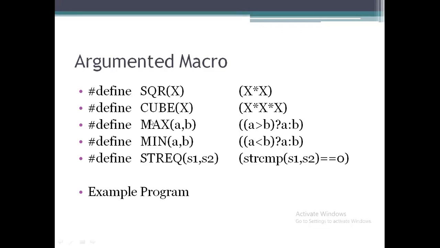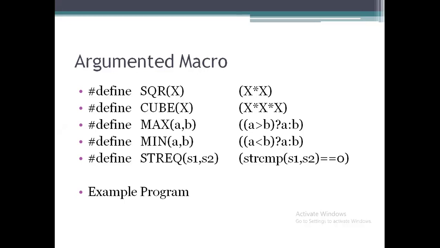Here we have to define the macro, and the calculation part of the macro we must also define. So that is the matter of the argument macro. For example, SQR of x. For calculating the square we are passing only one parameter. x is a variable.